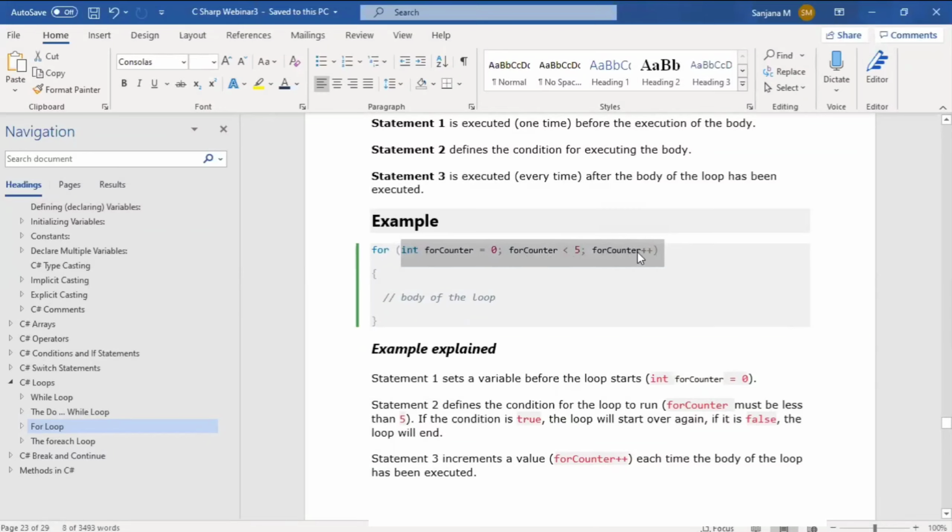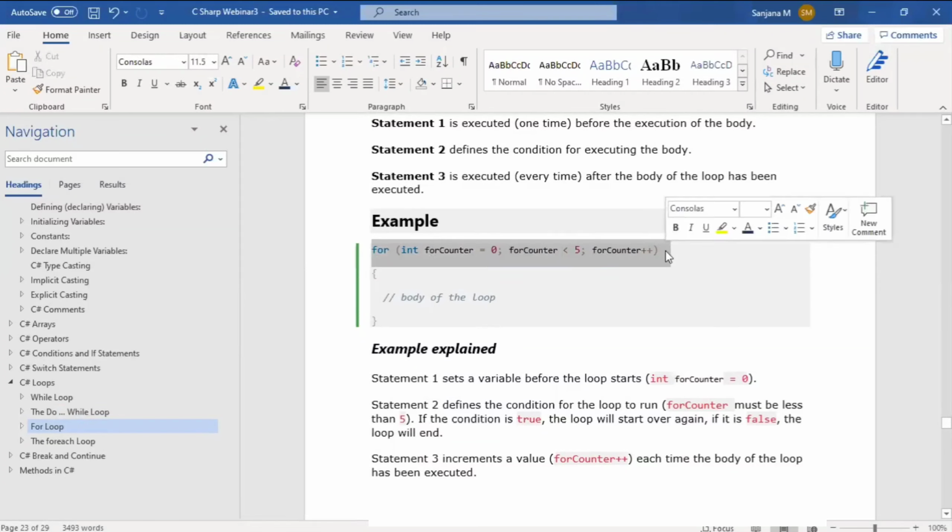Actually, all 3 statements are optional. If you omit them, it will still work, but you need to take additional care when you omit statement 1, statement 2, or statement 3. You can omit the initialization and just give a semicolon, you can omit the condition and just give a semicolon, and you can omit the increment. But those are special cases, such as when you are doing all your conditions or increments inside the loop, or if you are initializing above the for loop and want to use the same variable. But the general format of the for syntax is what we see here.